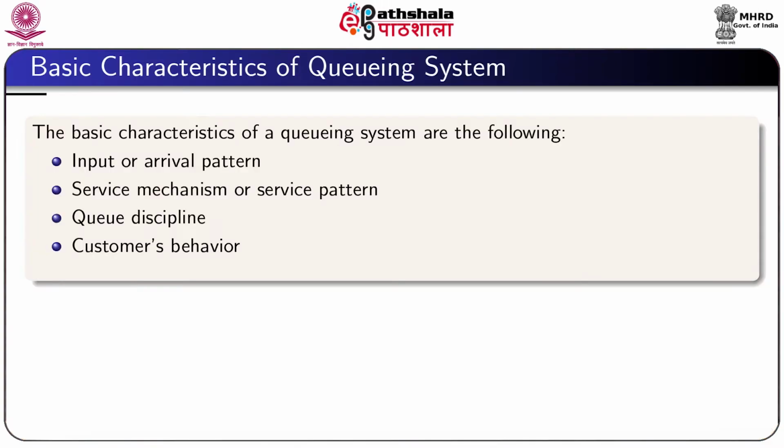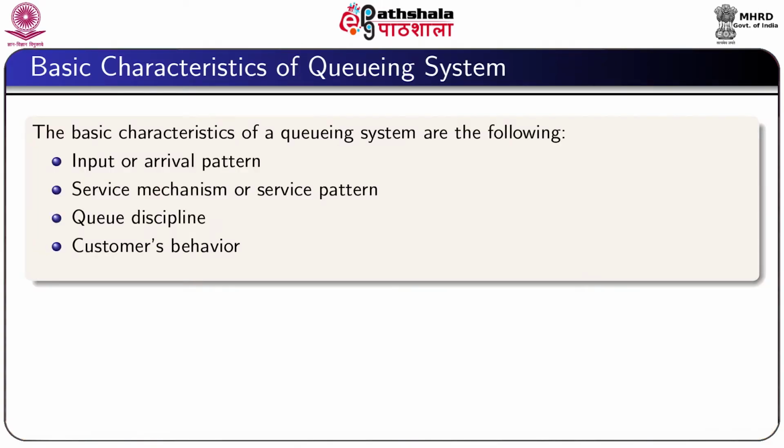In this chapter, we will develop some queuing models which will help us in determining how to operate a queuing system in the most effective way. The content of this chapter will be covered in 4 modules. So, let us now start our discussion on module 1 of this chapter, that is chapter 6.